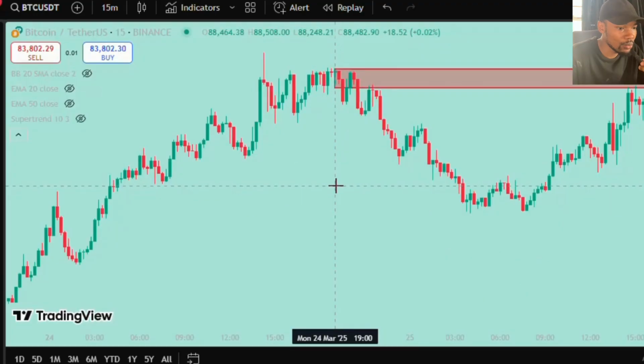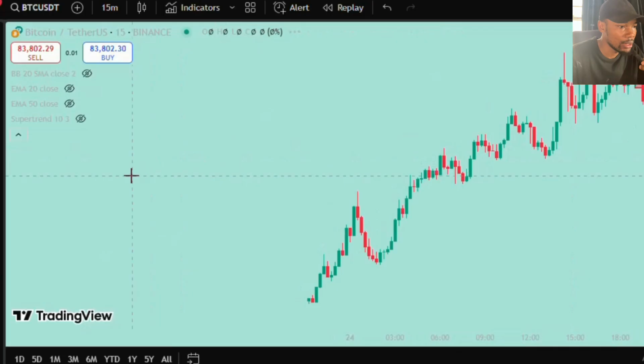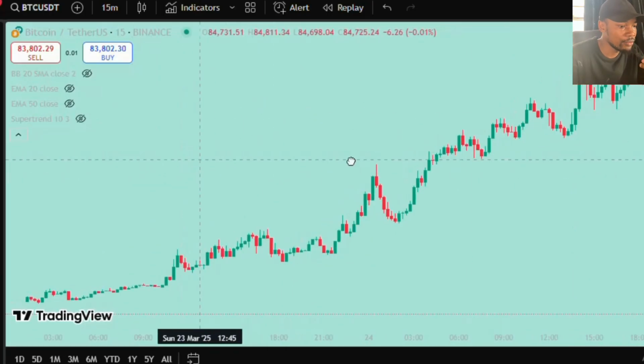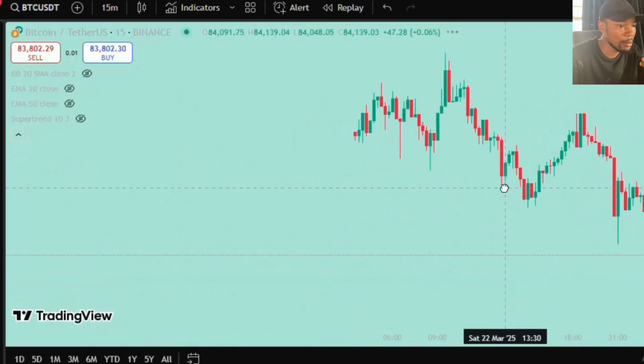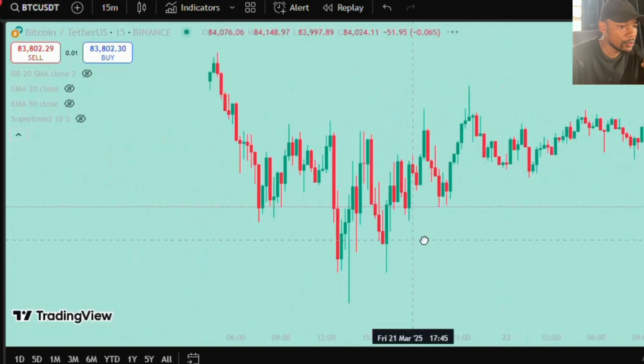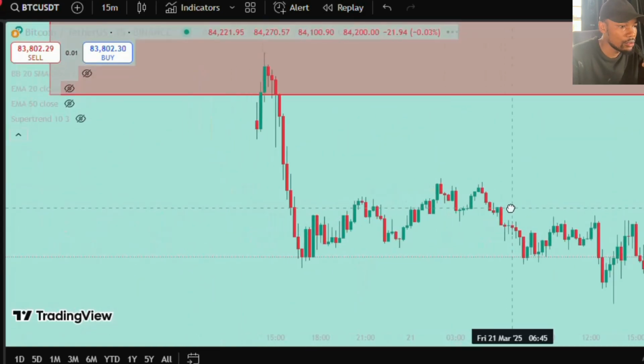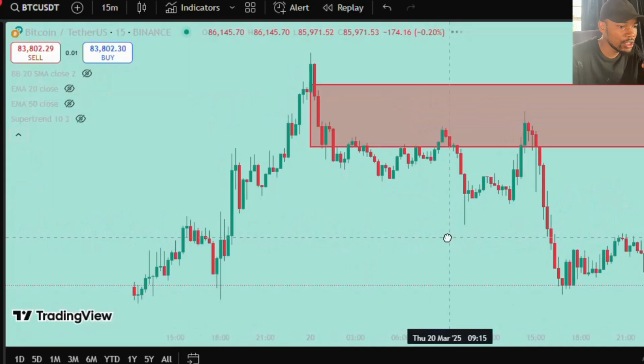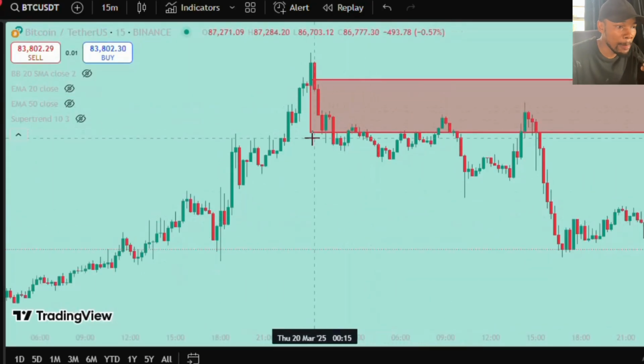So I think this is where we took the sign from. Okay, I think we have treated this one already. This is the last one we did. So we have another one waiting for us at this place. This is the one we've just done, and you can see how the order blocks look on a lower